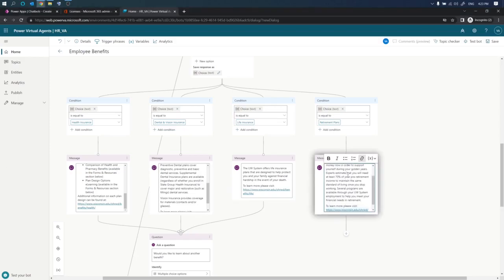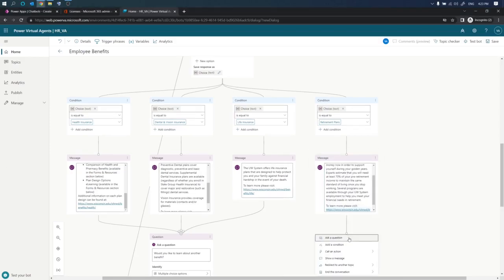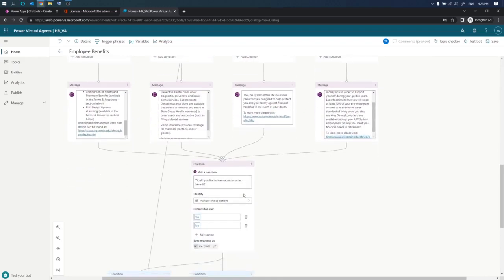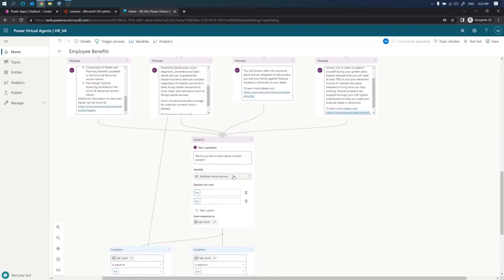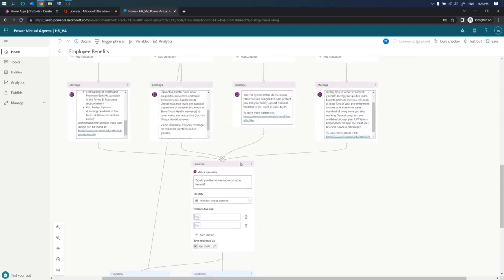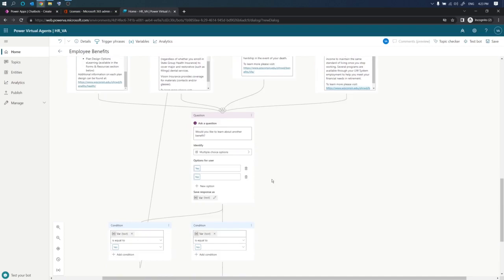Put that text and then add a node. Drag this and drop it here. Awesome. So those four branches, after they provide the information, they ask if they want to learn more about any other benefits. Yes, no, and keep going through the loop. As long as they say yes,